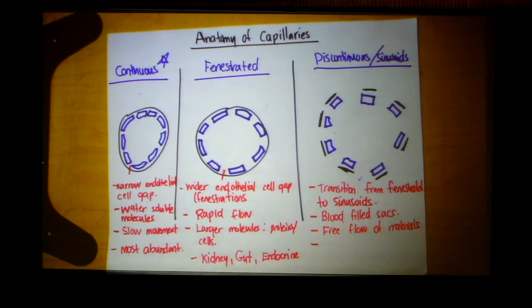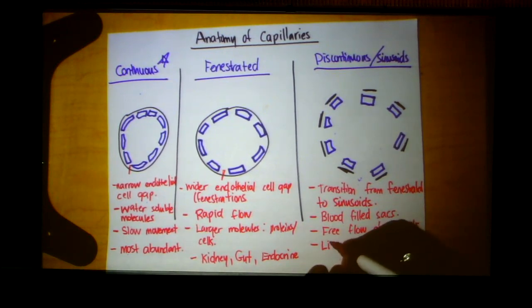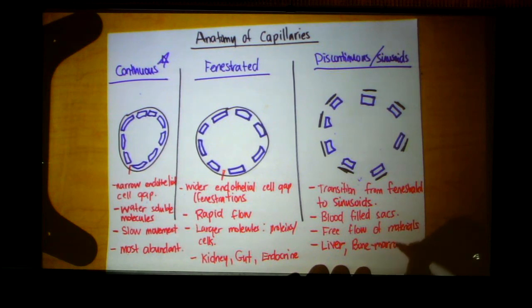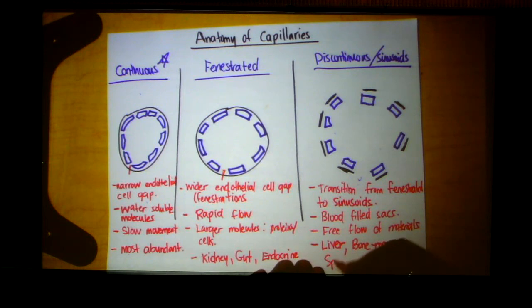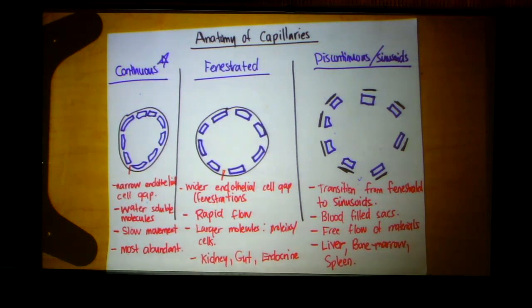Examples in the body are going to be in the liver. This is where we make proteins like albumin, which are much larger. They have to get into the blood. We also see this in the bone marrow, where fresh red blood cells have to make their way into the circulation. And then we also see this in the spleen, where blood cells are recirculated or recycled. Okay, so these are the 3